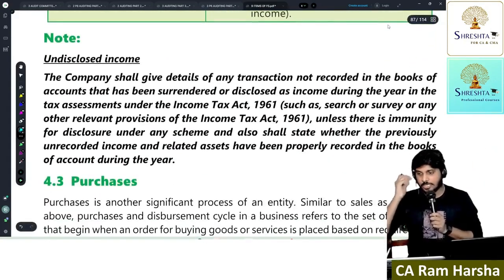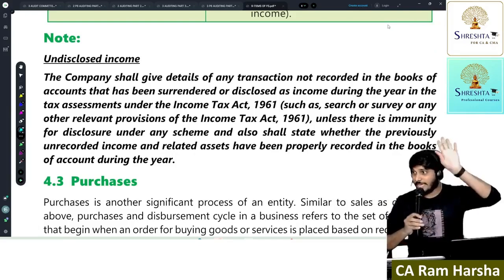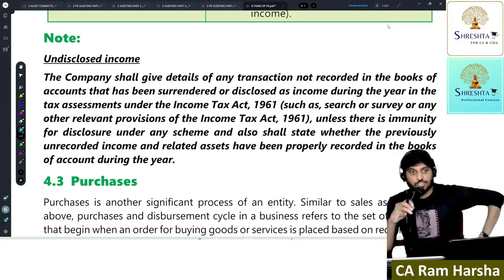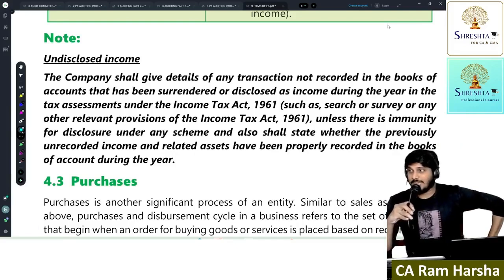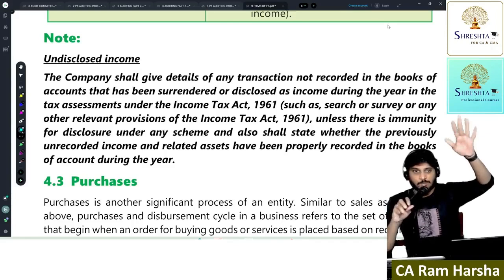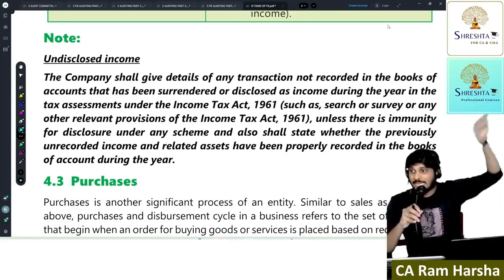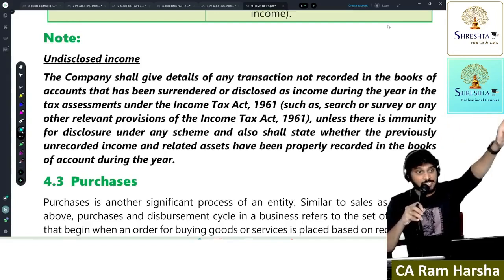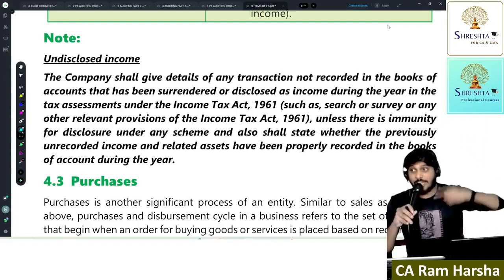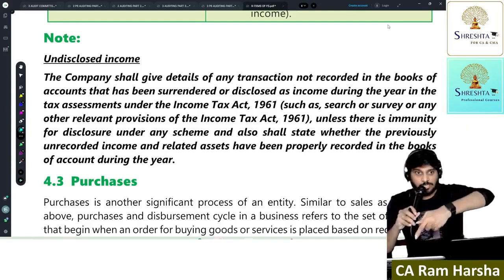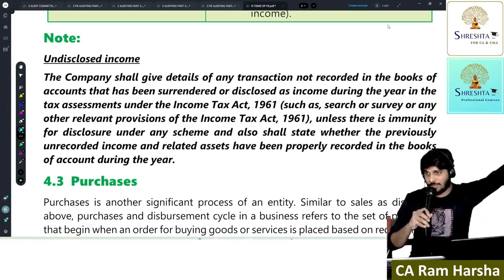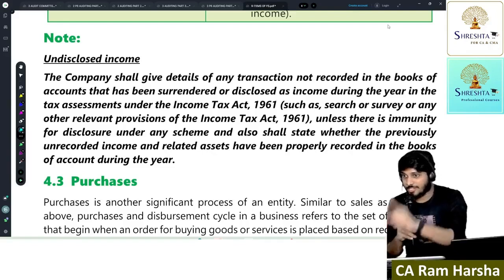Next, undisclosed income. This point is newly added in CARO. The company shall also disclose it. Suppose an income tax raid is conducted in the company and some amount was discovered during the raid, that is an income but not accounted in the books of accounts of the company. If this income belongs to a past period, the company shall account for it in the current period as a prior period item. The auditor has to check whether this has been done or not and report it in CARO. Management should disclose it in the financial statements.